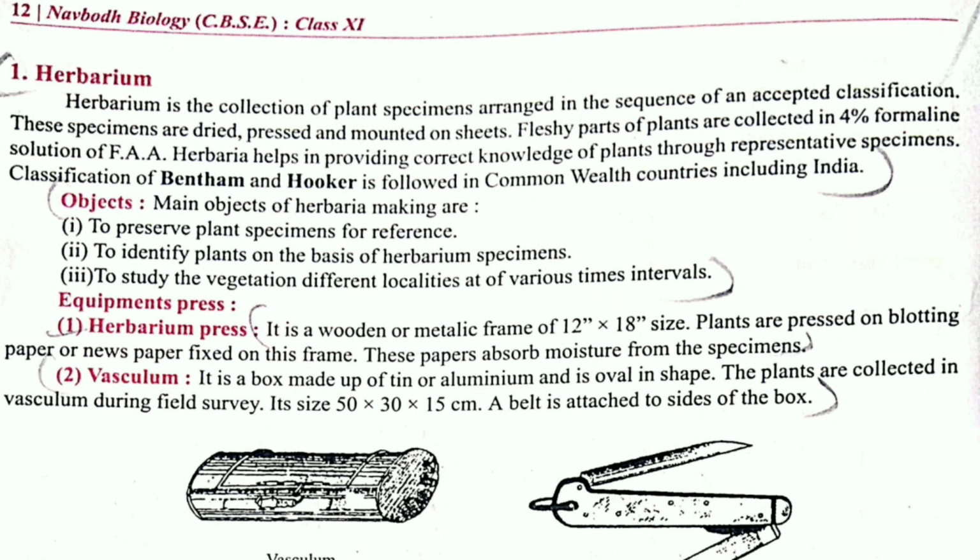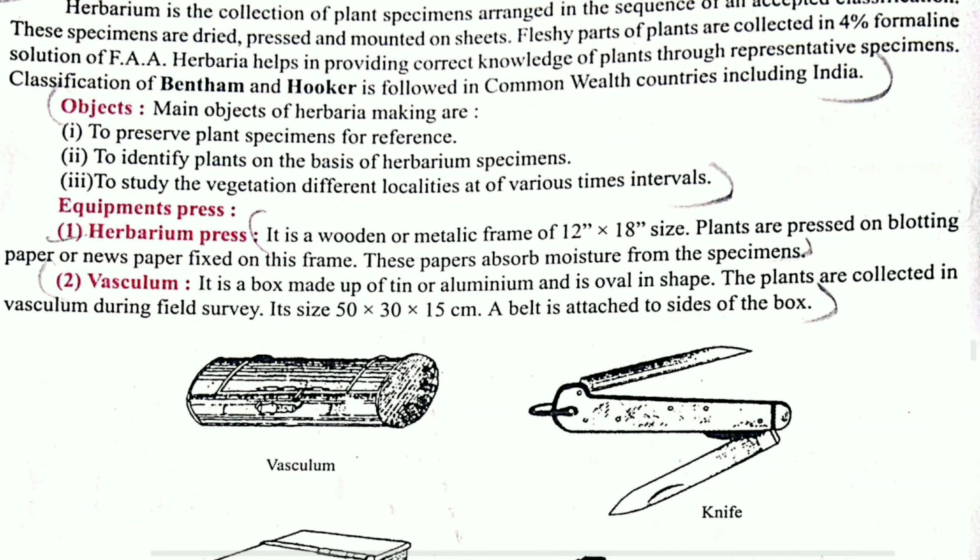What are the main objects of a herbarium? As the first thing, it will be helpful in the conservation of plant specimens. Second, it is responsible for the identification of the plant. Some plants we do not know have a medicinal value or some other importance, and we come to know this. Next, we will come to know that in this locality this type of plant is there, and in that locality that type of plant is there. So we can come to know about different species, which type of species can be grown in black soil, which can be grown in loamy soil, and so on. What all things are needed?